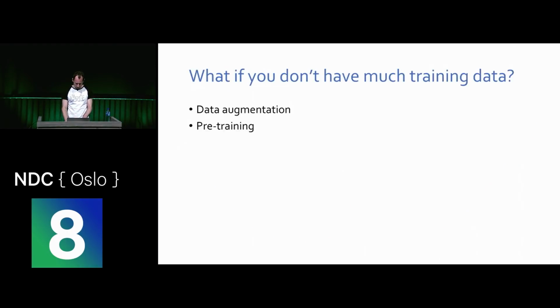Something else I want to describe is what to do if you don't have much training data, because we've got 50,000 in this case, and sometimes you don't have that amount. There is a technique you can do called pre-training, or transfer learning. Imagine that we wanted to train it to do numbers, but we didn't have any numbers as samples, but we've got lots of letters. What you can do is train it first to do letters, which is a similar kind of thing. And then once you've optimally trained it, you can save all those weights and biases off to a file. So it can now do letters.